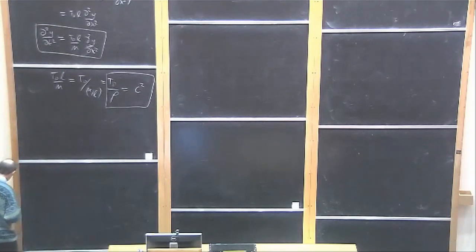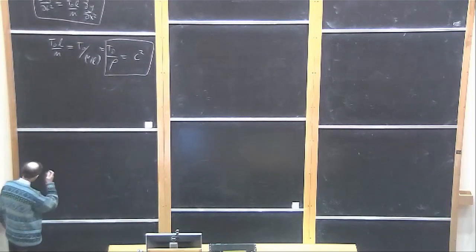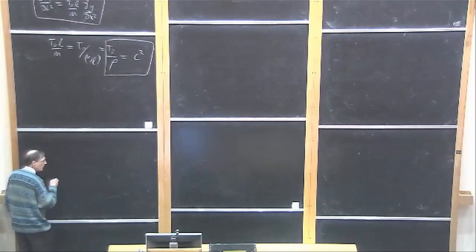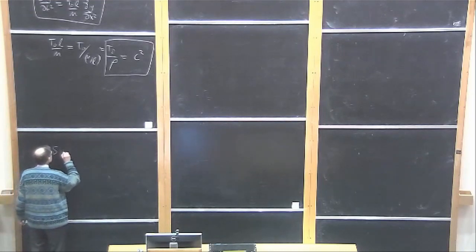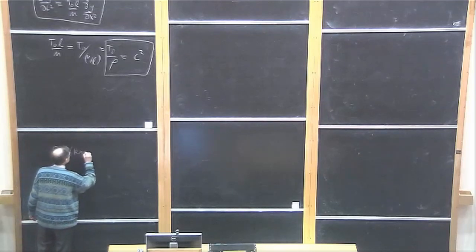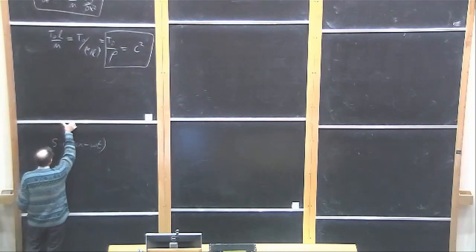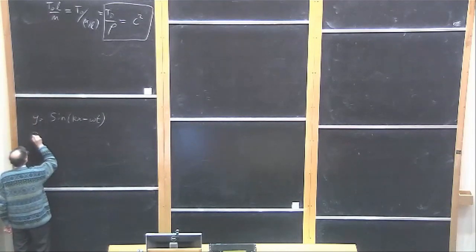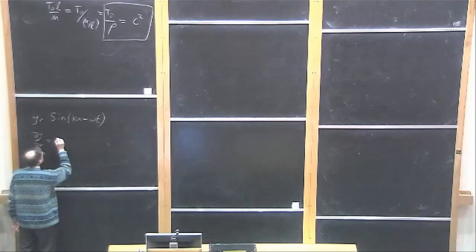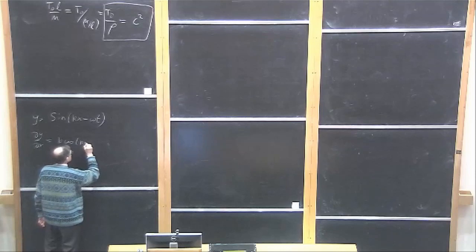The reason that that is a particularly important wave equation is that the simple wave solutions that you've written down in physics for some time satisfy it. So sine kx minus omega t satisfies the wave equation, and equally a cosine would as well. So if we differentiate that with respect to x, dy by dx is k cos kx minus omega t,